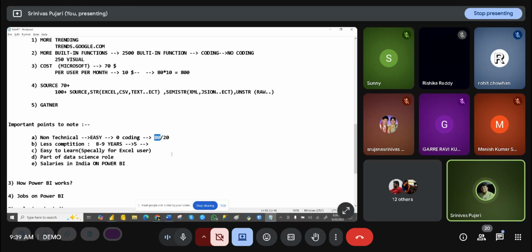The same kind of salaries as Java people get, we also have in Power BI. But here there is no coding. Everything is a button click and easy. So do smart work: only 20% hard work and get 80% results.